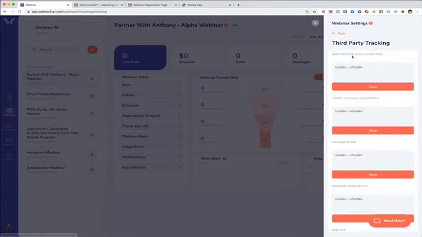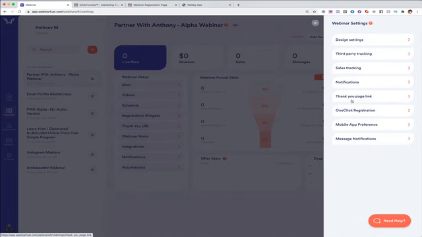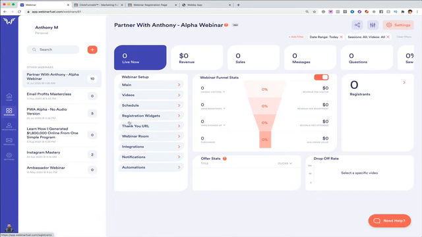You can do third-party tracking on your pages. You can do sales tracking so that you see exactly how much money you've made from all of these things. There's pretty much nothing that you can't do here inside of Webinar Fuel,